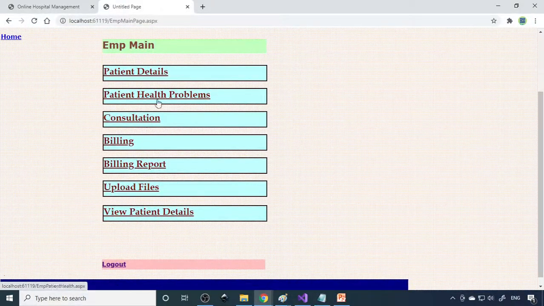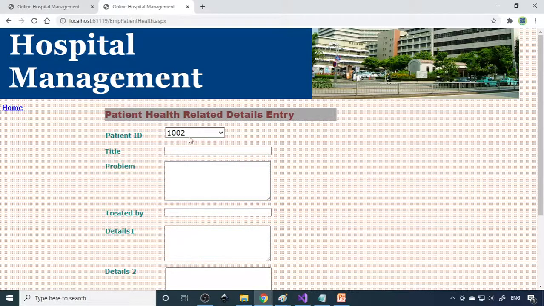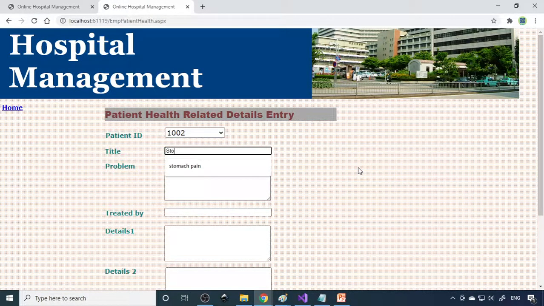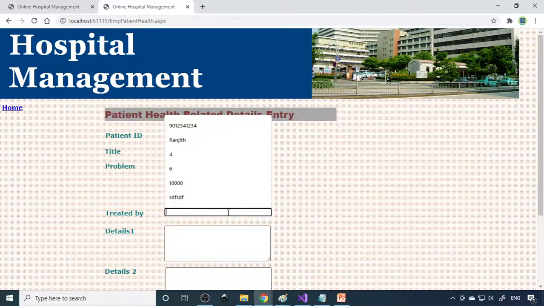So then consultation. So health problems. So this is 1002. So what is the problem? So let's say stomach pain. So stomach pain from past 1 week. So treated by, what is the doctor name?